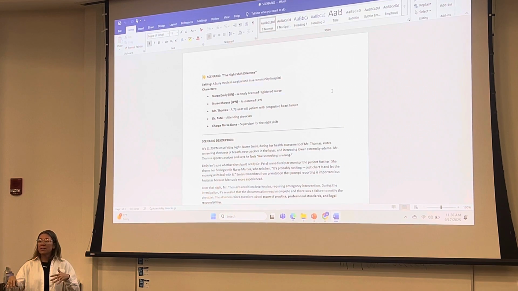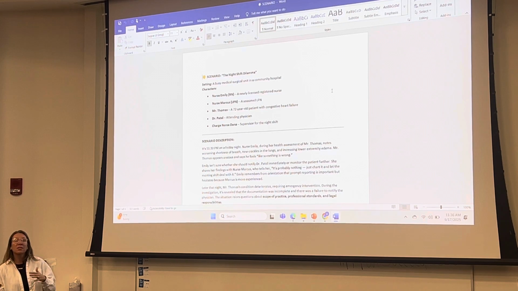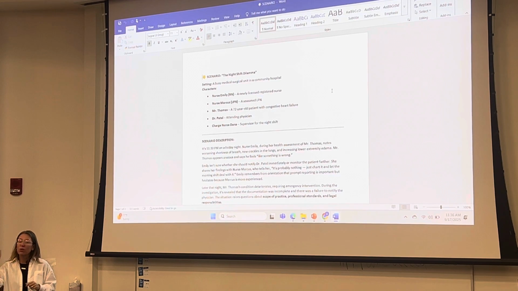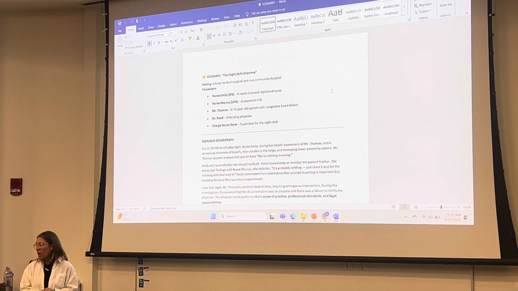So we just document that as we go. So we document our assessments, we document our patient responses, we can quickly document as we're communicating with different providers. As we sign off medications that we give, we're documenting those interventions. So we do all of that as we're going, and then we also have to communicate or collaborate with others